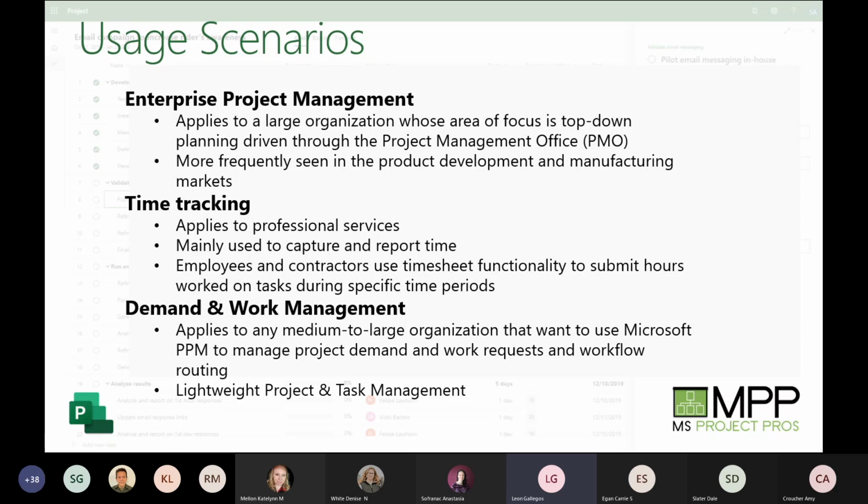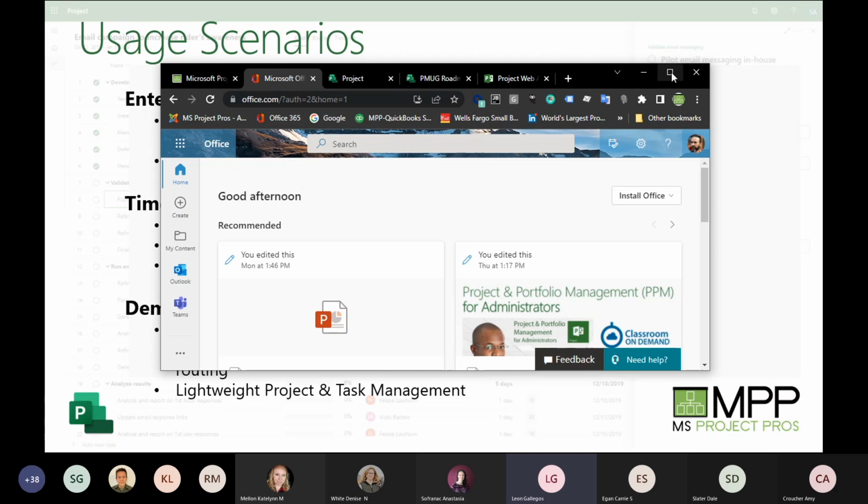Okay. All right, so that's it for the slides. Let's spend the rest of the time working through some of these demos. Like I mentioned, I want to walk you through the different areas so you can see what the differences are, but also what it would look like to a typical project manager as you work through it. So let me pull over this window here.